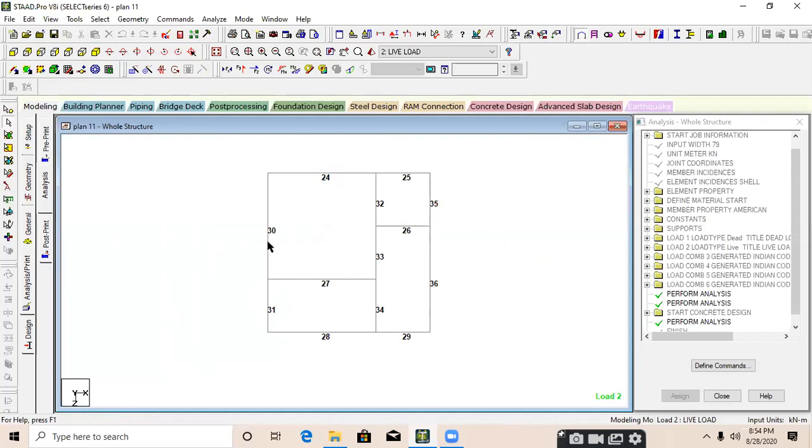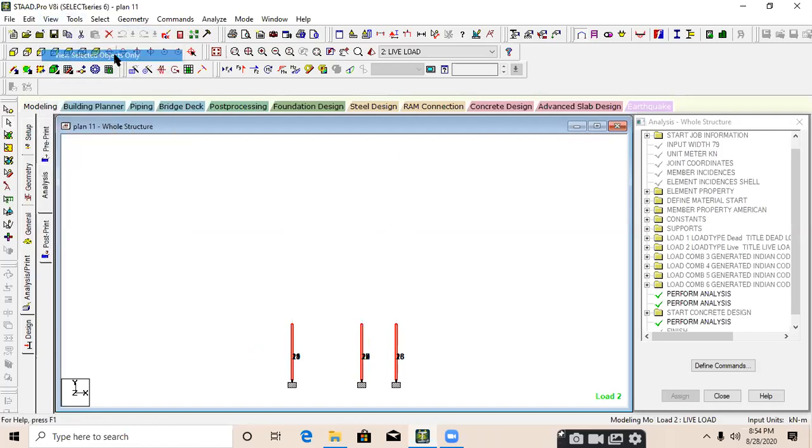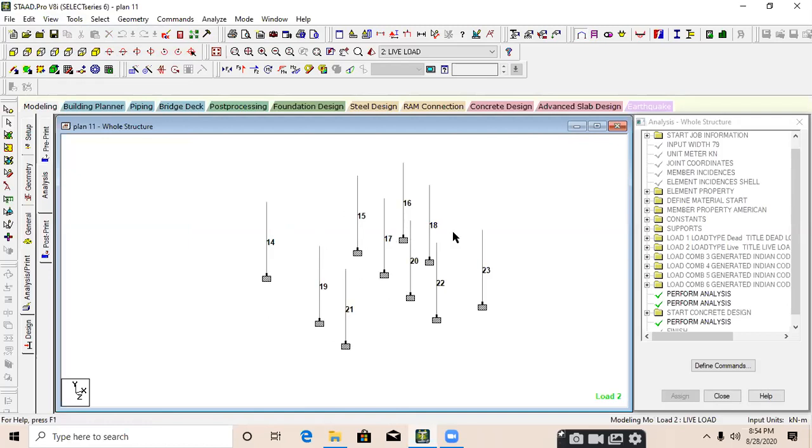So in this particular table, the output file, you will find the result of 24, 25, 26 individually. For the column also, select any one floor, go to view, selected object only, and you will see all the numbers, column number 2, 3, 4, all that. Column number 15, 16, 17, 18.